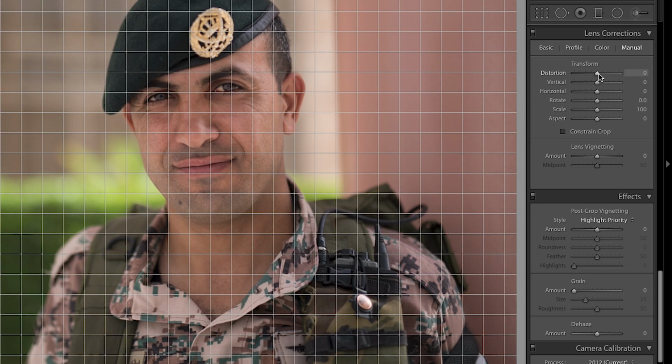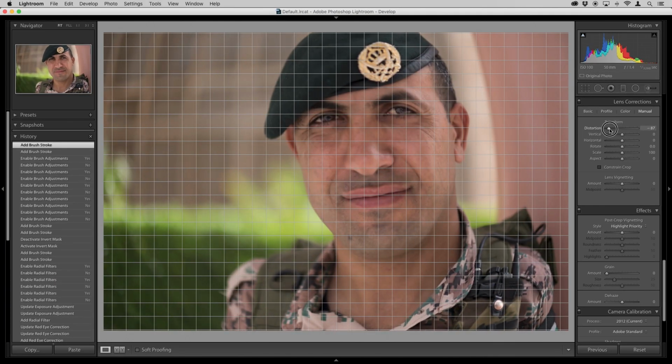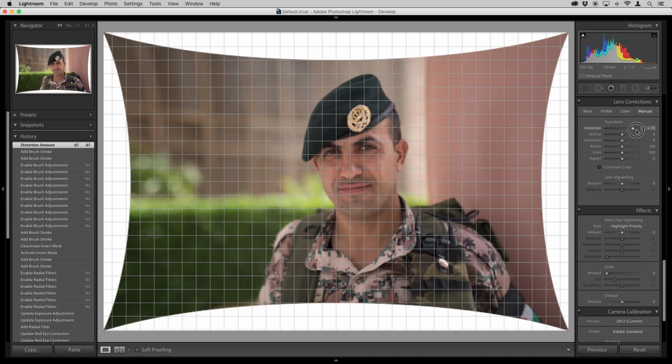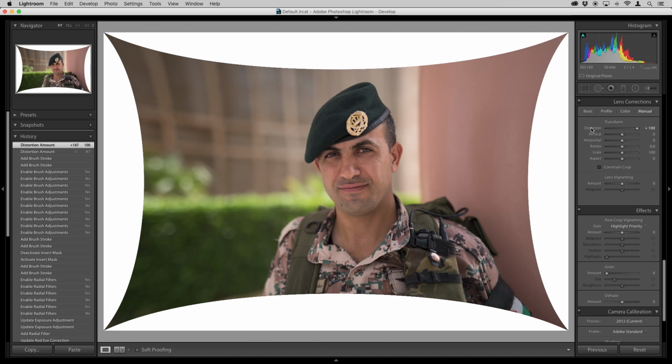So the moment I go to distortion, just like before, now it's giving me the grid, and I can go left, and as you can see, that's really funky. Now it's trying to apply a super crazy amount of distortion on his face. And then if I go right, now it's reversing that effect. So this is something obviously you do not want to do in this image, for example, but once you apply